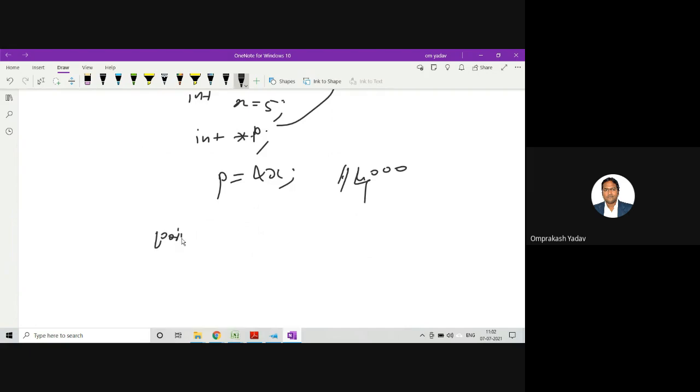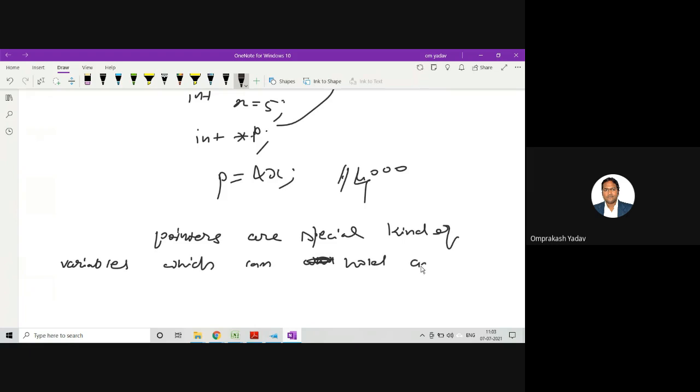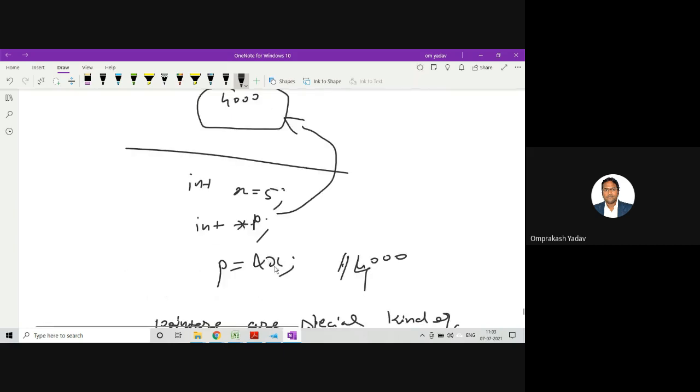Pointers are special kind of variables which can hold addresses of other variables. For example, over here we are holding the address of x in p, and p is a pointer variable.